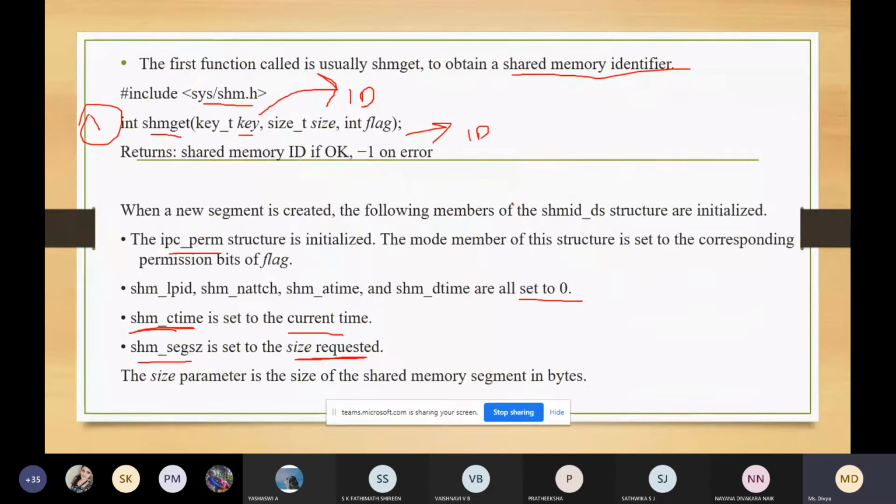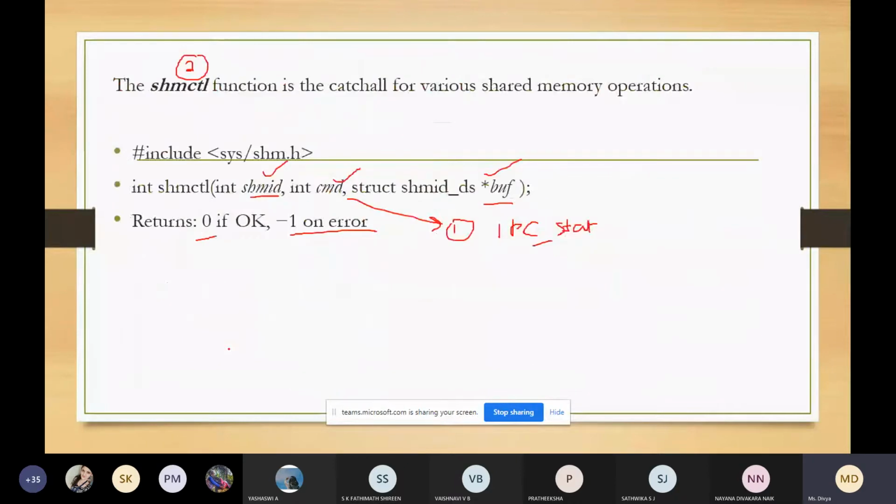All this information will be fetched and stored in the particular structure pointed to by the buffer. So that is used for fetching structure information.